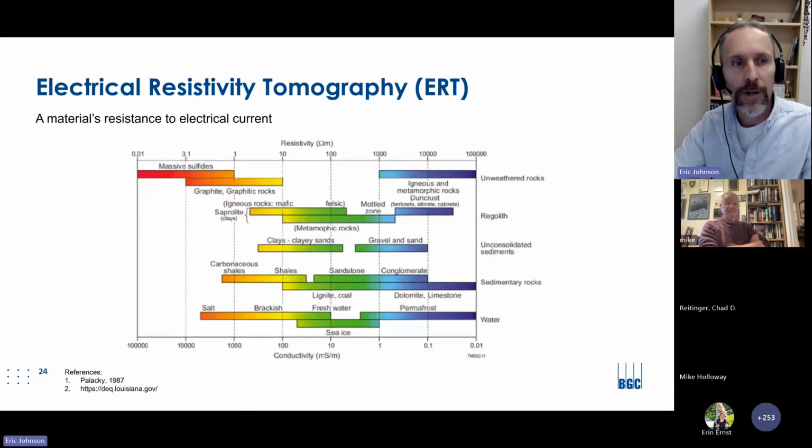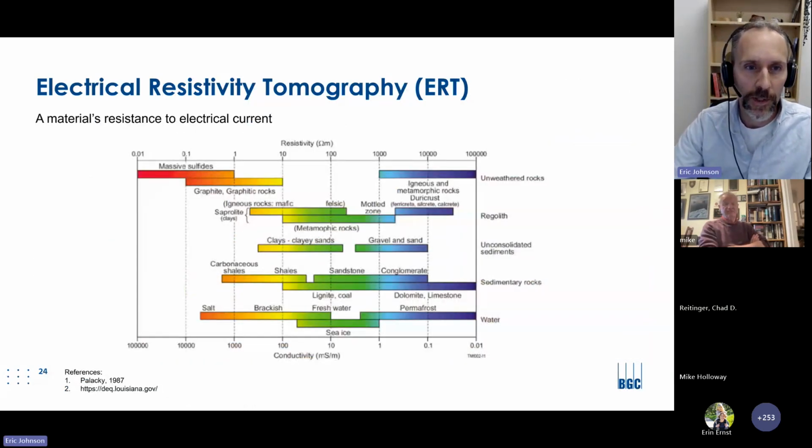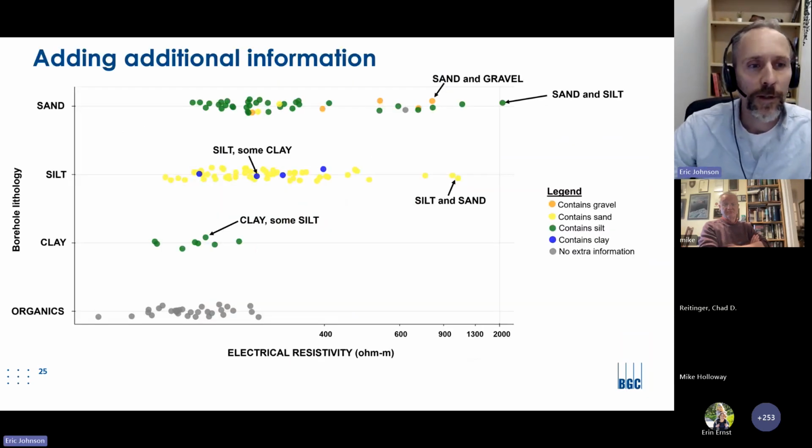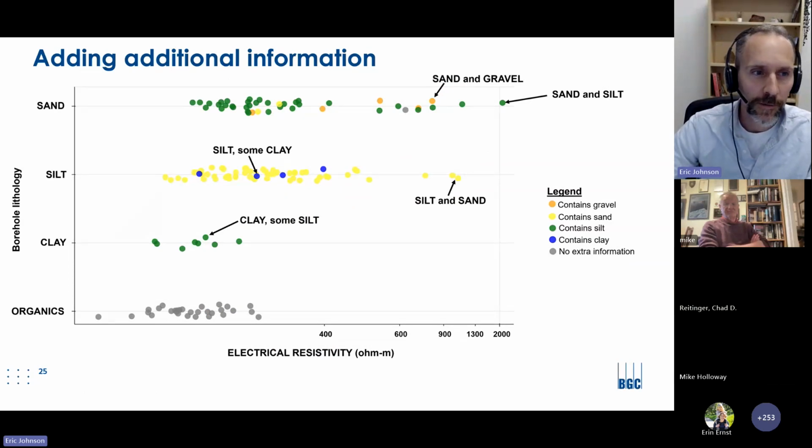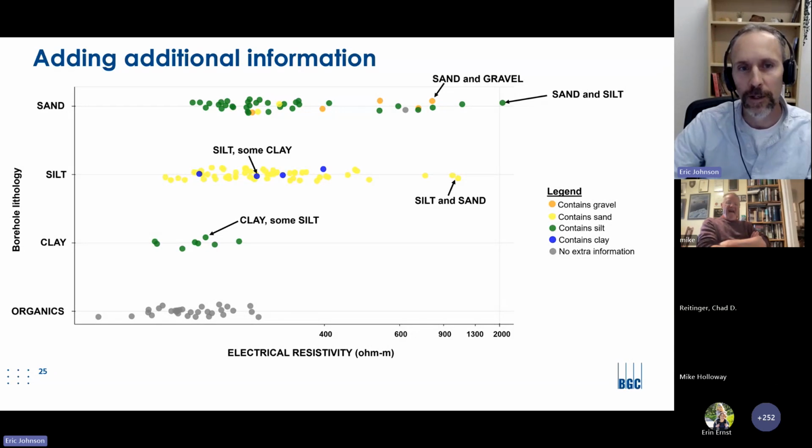Also, like seismic, there are known values for various geological material, and they also range site to site. And here's the result of a sampling done using a few dozen boreholes and ERT sections. Instead of looking at residual bedrock, these are resistivity measurements collected in an area with lots of glacial sediments like sand, silt, and clay. The site also had organics like peat.